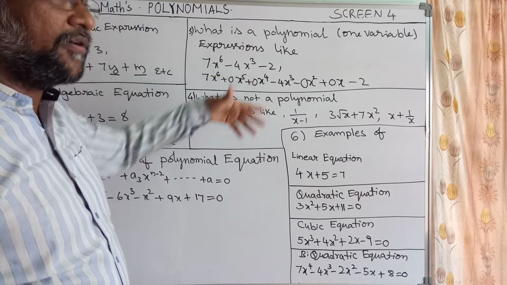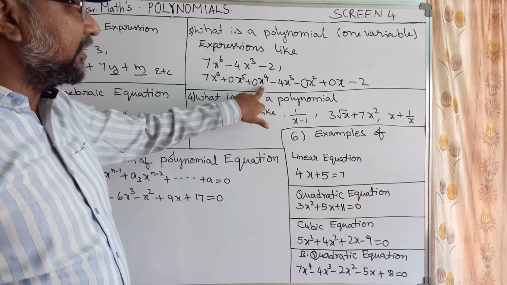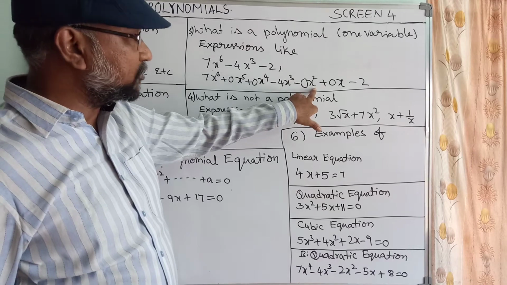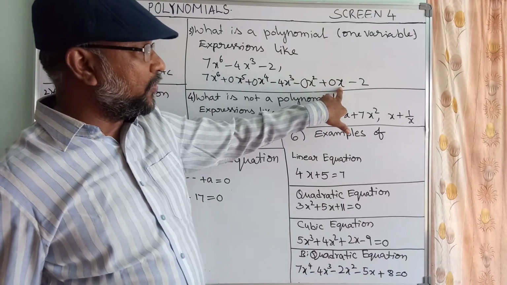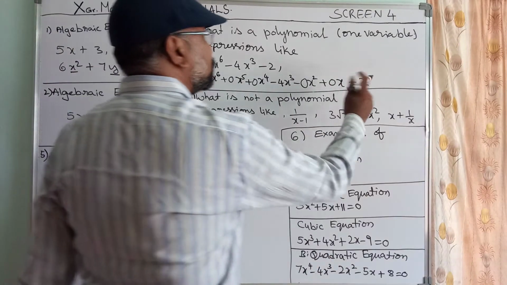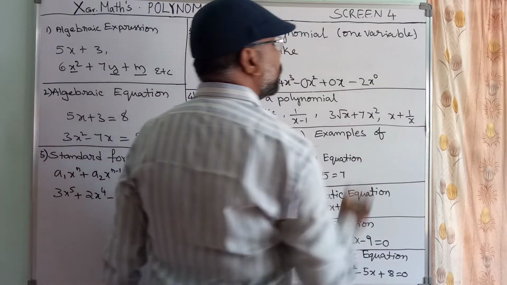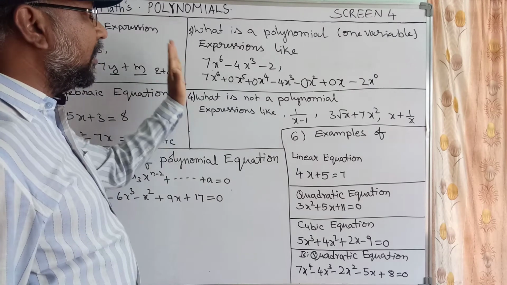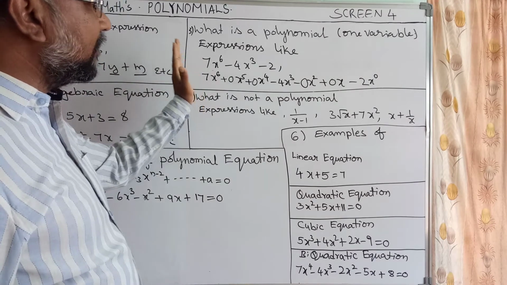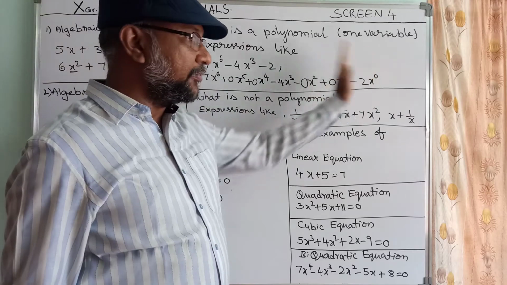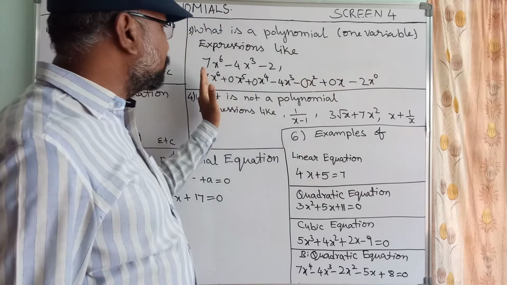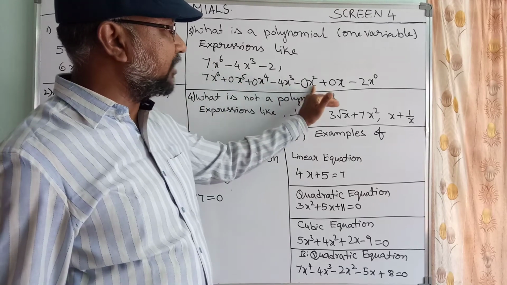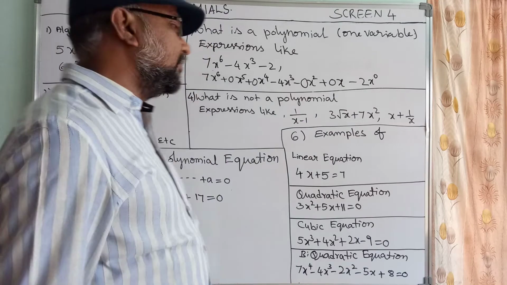And x power 5 is not there, but we have created. X power 4 is not there, it is not given, but we have created. And x power 3 and x power 2 is not there, x power 1 is not there, and actually this 2 contains x power 0. X power 0 is nothing but 1. Therefore, a polynomial should be in the order of the variable and its power. It should be in a decreasing order, like x power 6, x power 5, x power 4, x power 3, x power 2, x power 1, and x power 0.